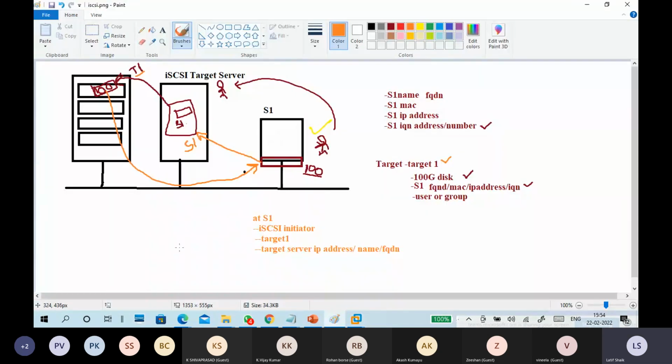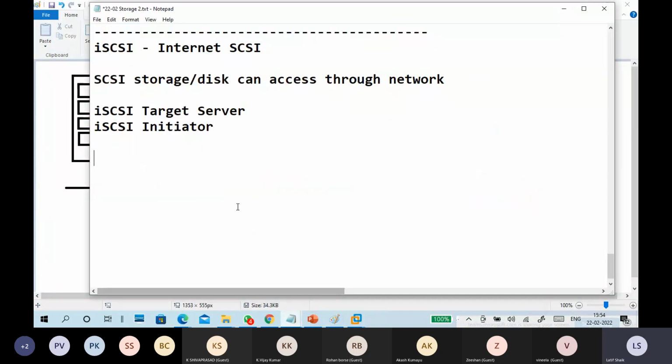So iSCSI is not a SAN or a NAS also. Of course, it is block level storage.